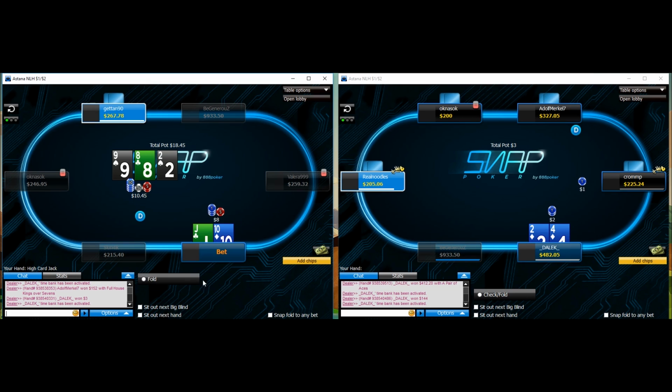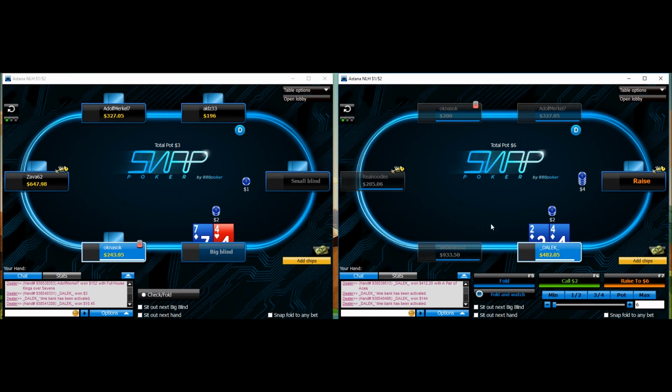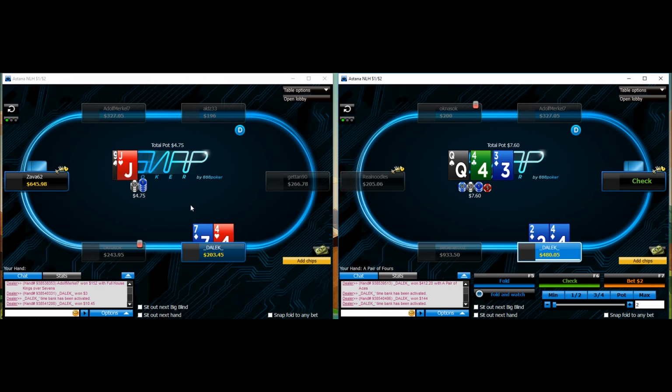So instead of just betting everything for a small size, I'm going to bet a more polarized range for a larger size. Deuce 4 for this sizing never gets folded. We could 3-bet it as a bluff. I'm less likely to do that against the casual players. And we hit a pair, so